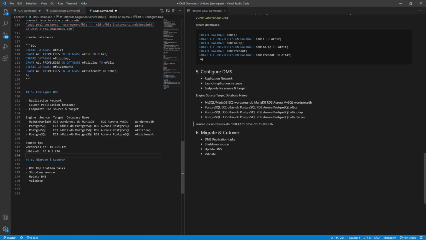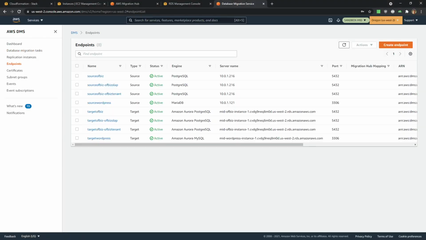All right, with configuration of DMS complete, we are now ready to move on to the last step, which is the migration and cutover. The migration is executed by creating a set of DMS replication tasks for each pair of source and target endpoints. Let's jump into the DMS console and we will create a total of 4 migration tasks, one for each pair of source and target. So there would be one MySQL replication task and 3 PostgreSQL replication tasks for each database that needs to be migrated. So for MySQL, let's go to